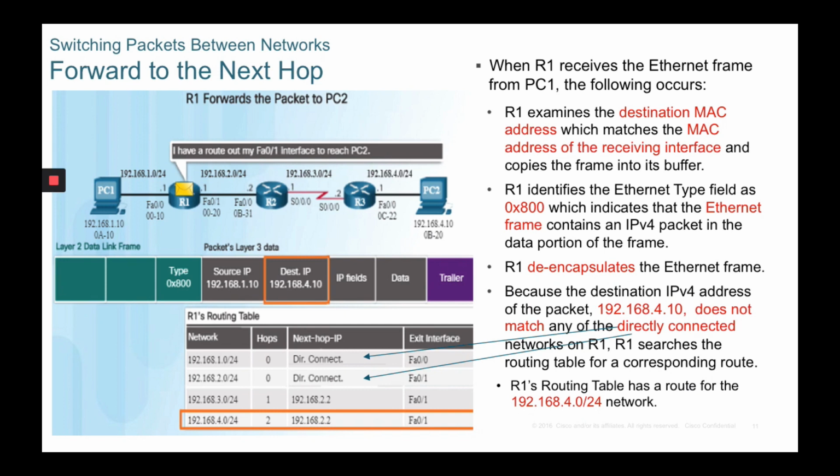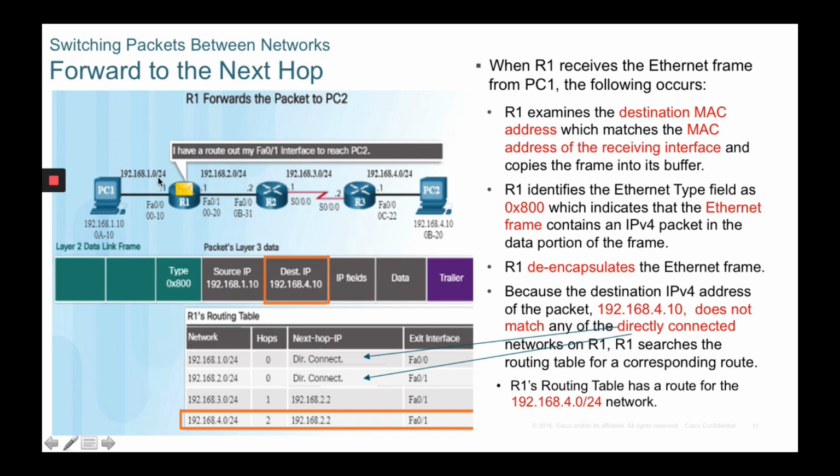Now, because the destination IPv4 address of the packet, which is 192.168.4.10, does not match any of the directly connected networks on router R1, R1 will search the routing table for a corresponding route. R1's routing table has a route for the 192.168.4.0/24 network. So that's how the routing table is presented here. Okay, assuming that the R1 routing table is